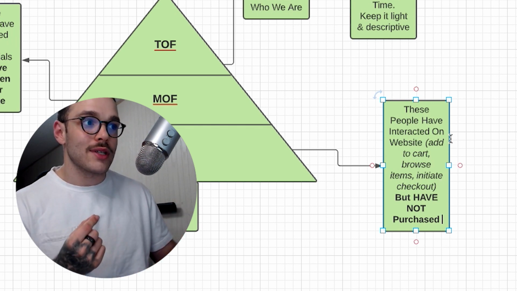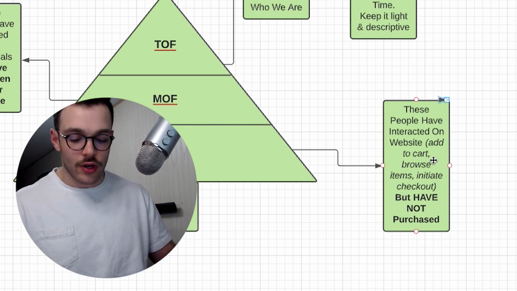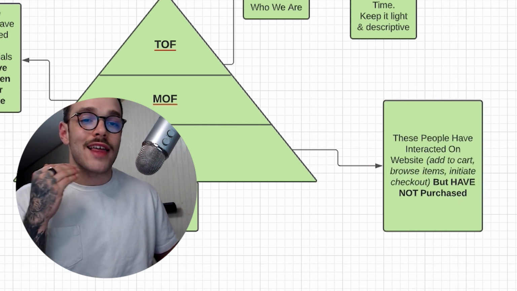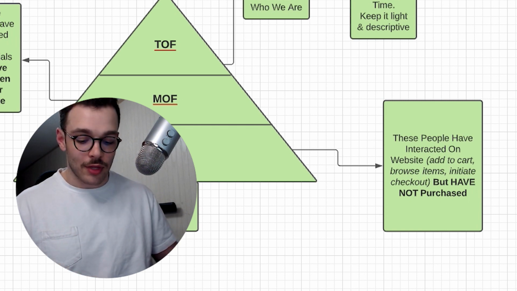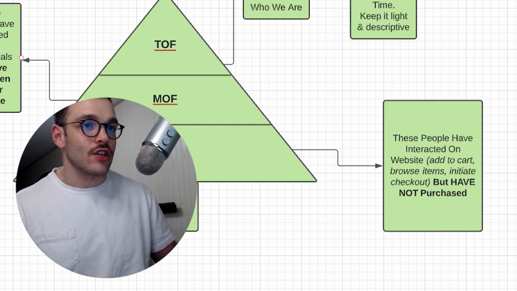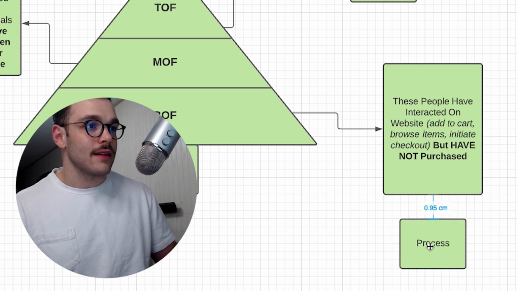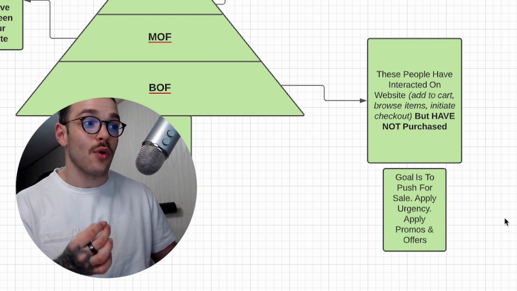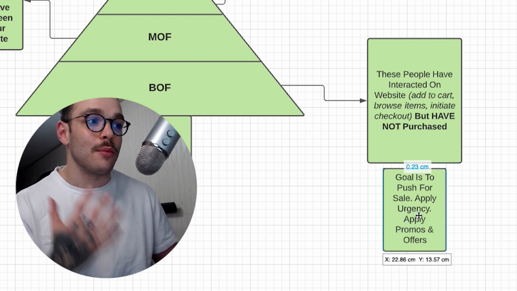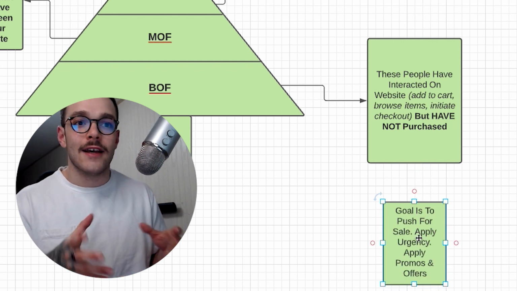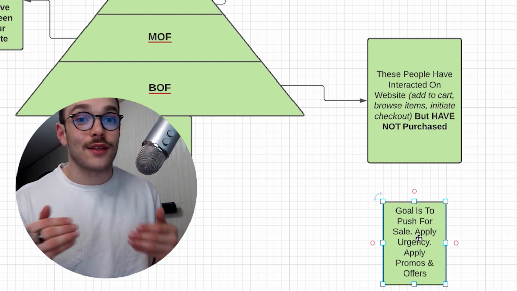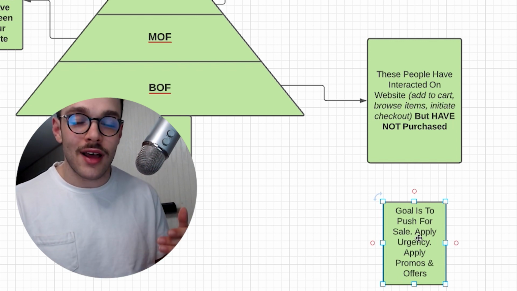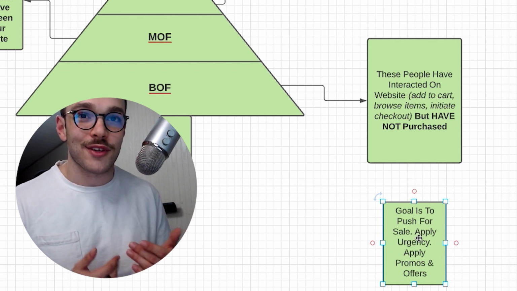So for whatever reason, like I mentioned, they have not made a purchase, whether it's pricing, whether it's your product they're not really sure that they like, there's 1,000 other factors as to why these people have not purchased yet. But when you're advertising to these people, let's go ahead and get this down here. The goal is to push for the sale and apply urgency, apply a promo, apply an offer, because again, these people have been to your website, they've interacted with your products, they've abandoned cart, they've added to cart, initiated checkout, etc. So you need something to kick these people in the butt, so to speak, and get them to purchase,